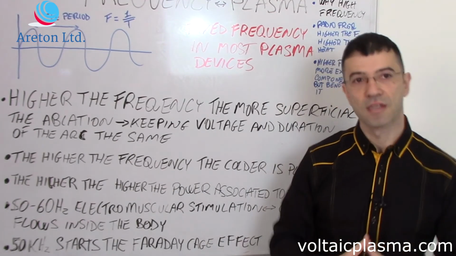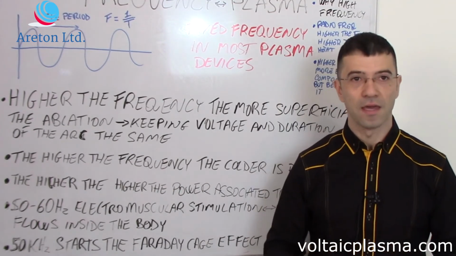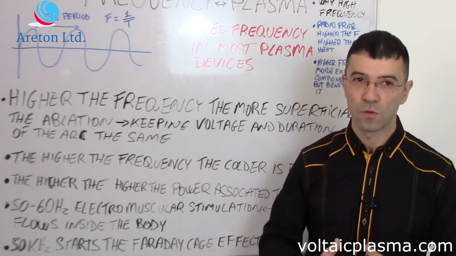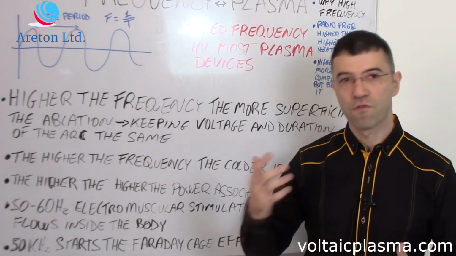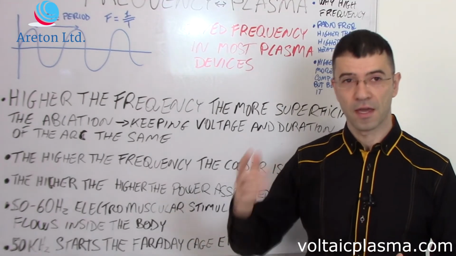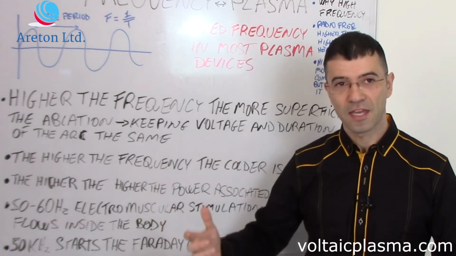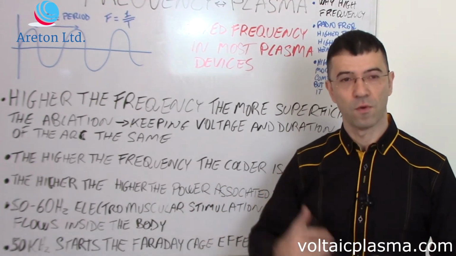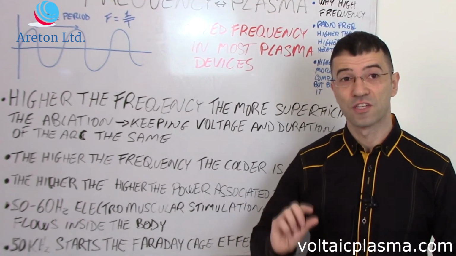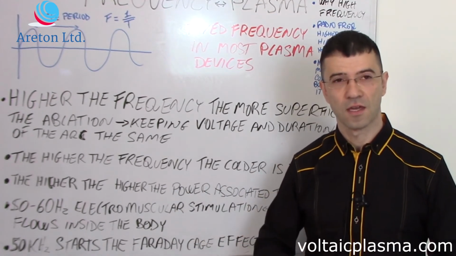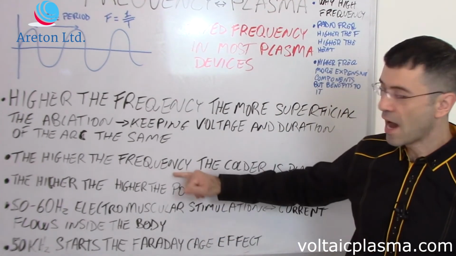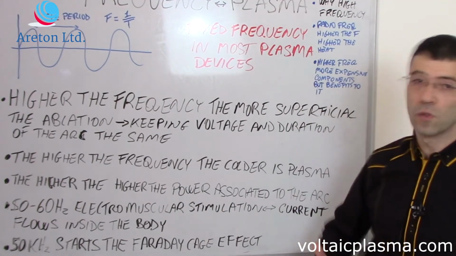So what we mean here is that, for example, if I apply an arc which is the result of a voltage, say 100 volts, at a frequency of 50 kilohertz for 1 second, and then I keep the voltage the same, increase the frequency, and keep the arc on for the same amount of time, 1 second, what happens at higher frequency is that the ablation is going to be slightly shallower than at the lower frequency. And this is an important point, because that brings us to the fact that the higher the frequency, the colder